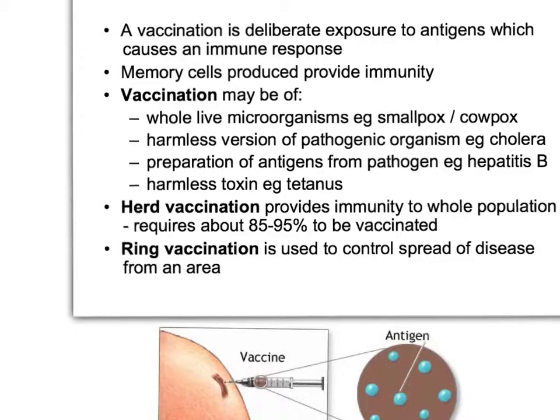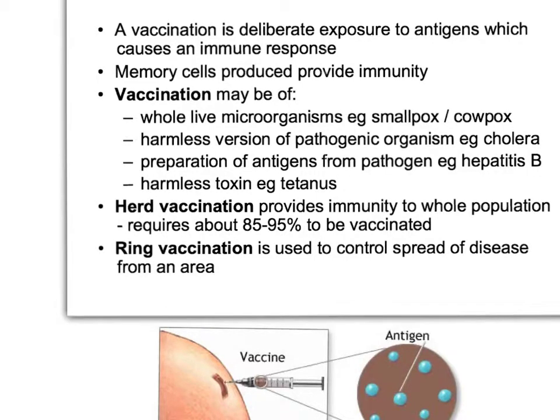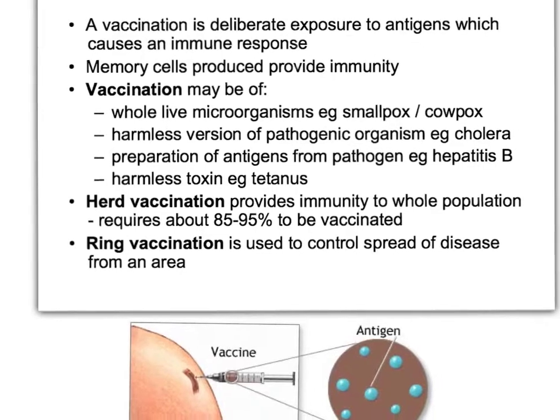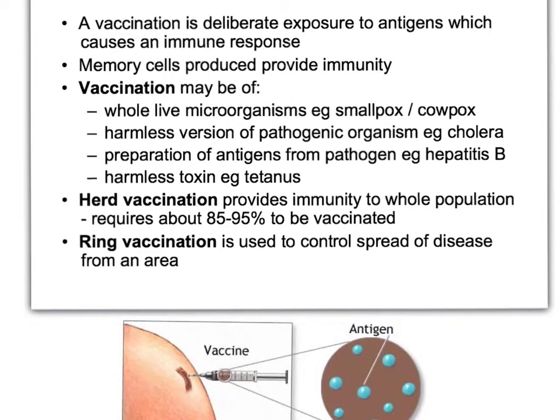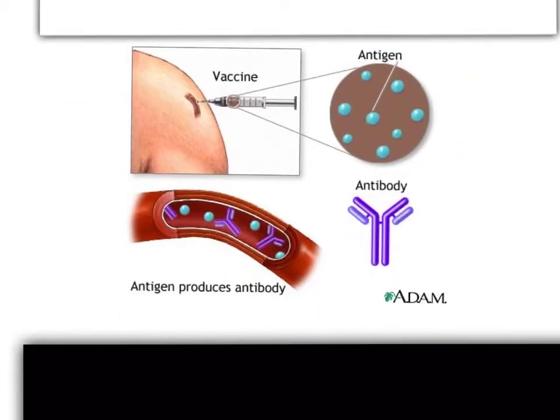Now, looking at how we can use vaccinations to try and control disease within a population, there are two strategies that we can use here. One is called herd vaccination, which is when we try to provide immunity to the whole population, and that requires about 85 to 95% of the individuals within the population to be vaccinated. Okay, and if I look at a diagram below here,